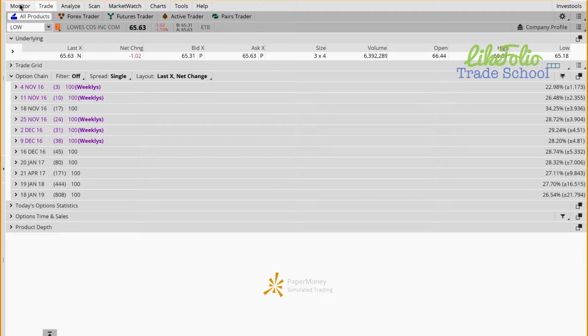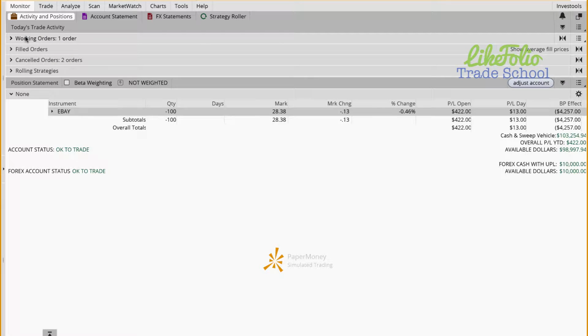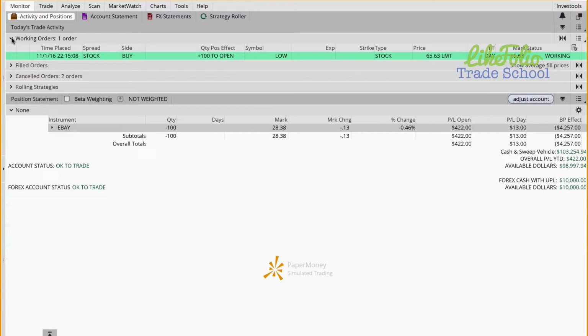We're on the trade tab. Let's go over to the monitor tab. Go down to working orders, open that, and here's where our order was routed to. So it tells you the time placed, the date and time. It just reiterates all the information that we already knew, and then tells you the status of the position is